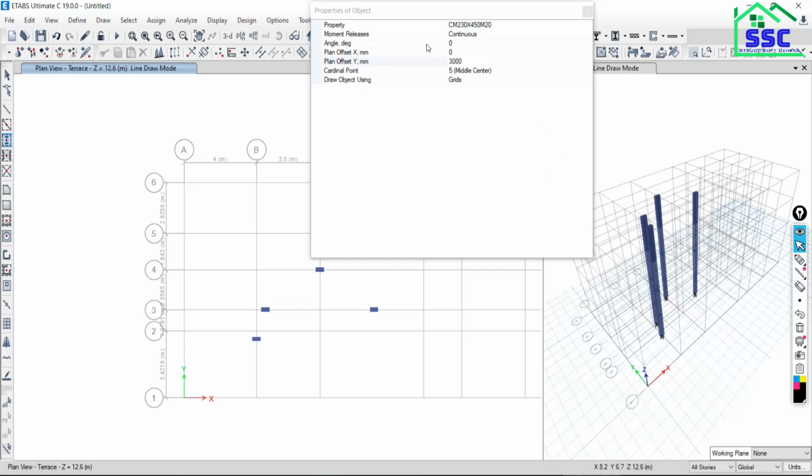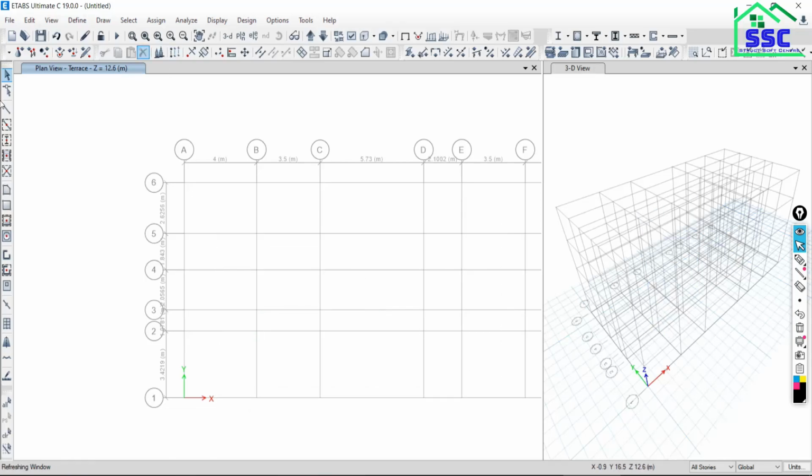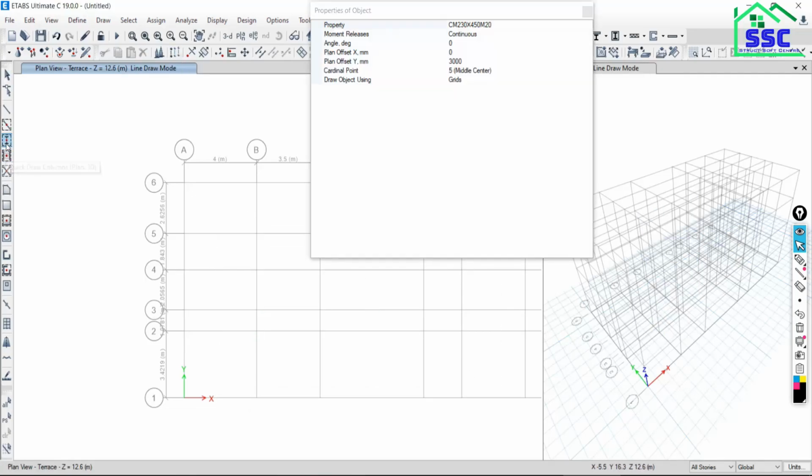Okay. Now the cardinal points, very interesting. Before that, select all of these and delete them all. Then go back to the column. So for the cardinal points, the very first option is bottom left. So many options are there. You don't need to remember them all. Just practice it once. Bottom left, and make the offset distance 0.